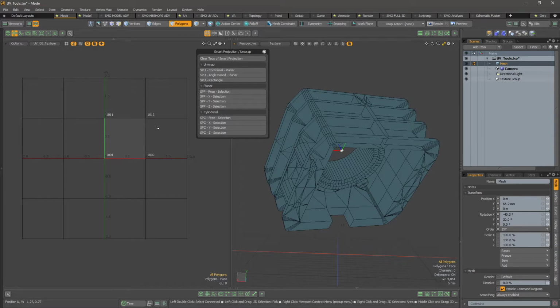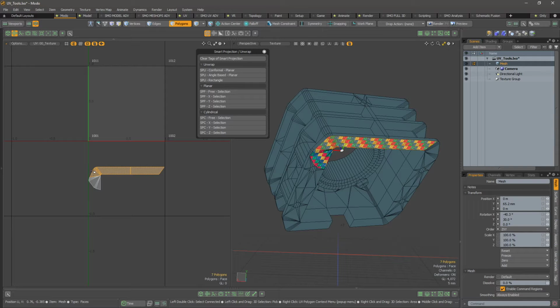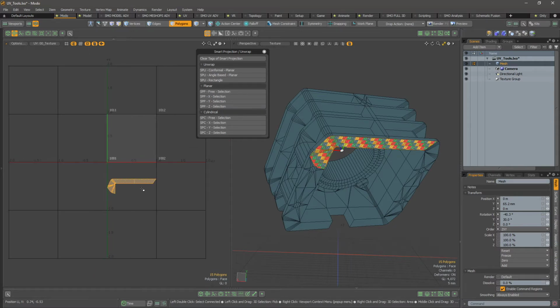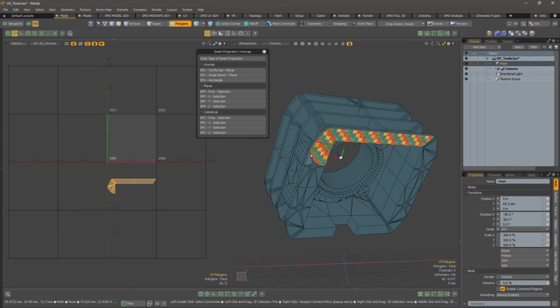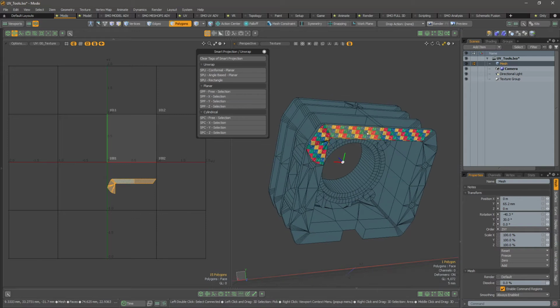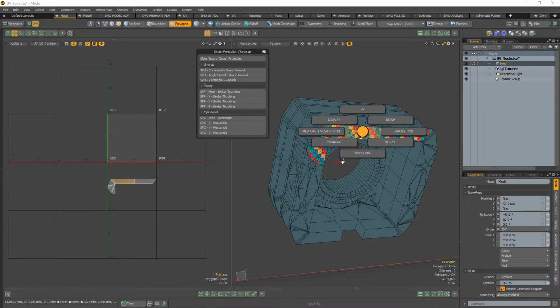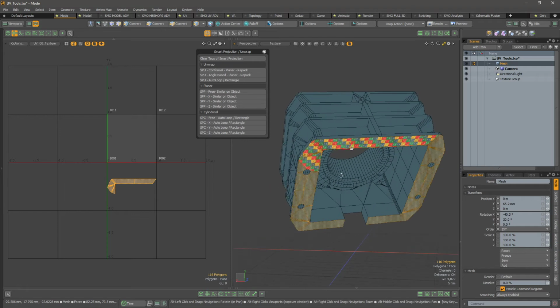So if I unhide, I will see that I've unwrapped this here using the conformal method with the planar mode here, and we have this island here. So it works correctly, but probably I should do a bit of selection in this way. So for this UV island, I will select this menu and select similar by 2 degrees. So it will select everything that is planar by 2 degrees